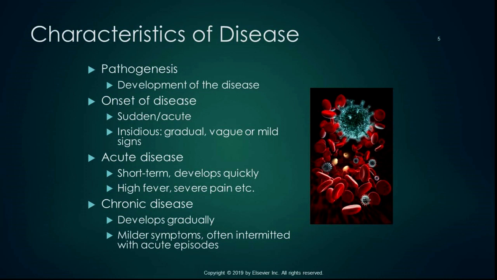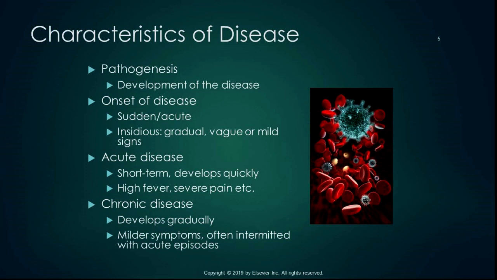And an example of insidious would be multiple sclerosis or arteriosclerosis. It's a gradual onset, vague or mild symptoms, signs. So your doctor might do blood tests and see that your cholesterol is kind of creeping up, but it's not anything that happens on a sudden basis. So you could have a gradual or vague or insidious onset that then results in an acute, sudden change, such